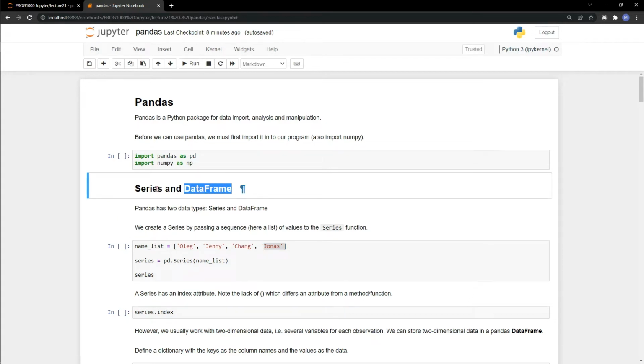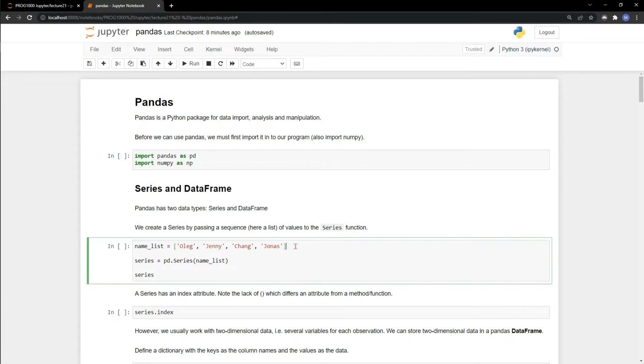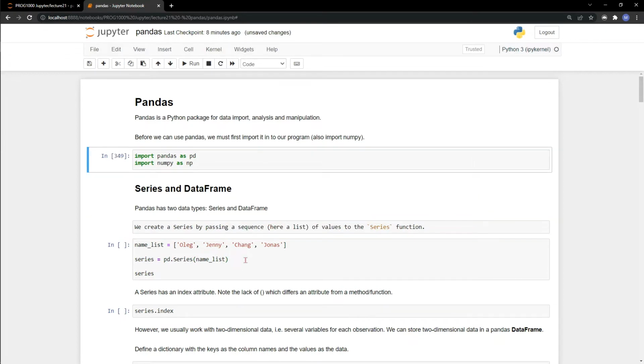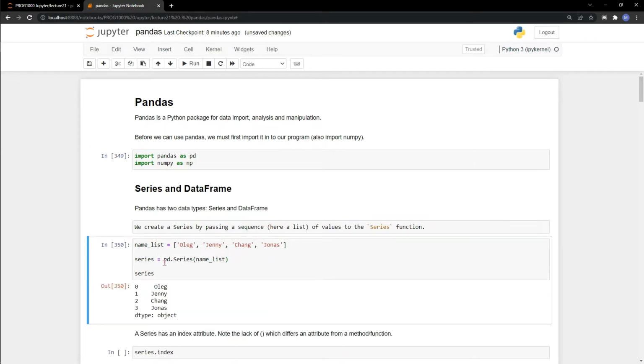So how do we make a series? Here we have a list of strings called name list. We just use the Pandas Series method, and we pass in our name list, and we make a series variable. So if we import this first and run this, then we see that we have a list of